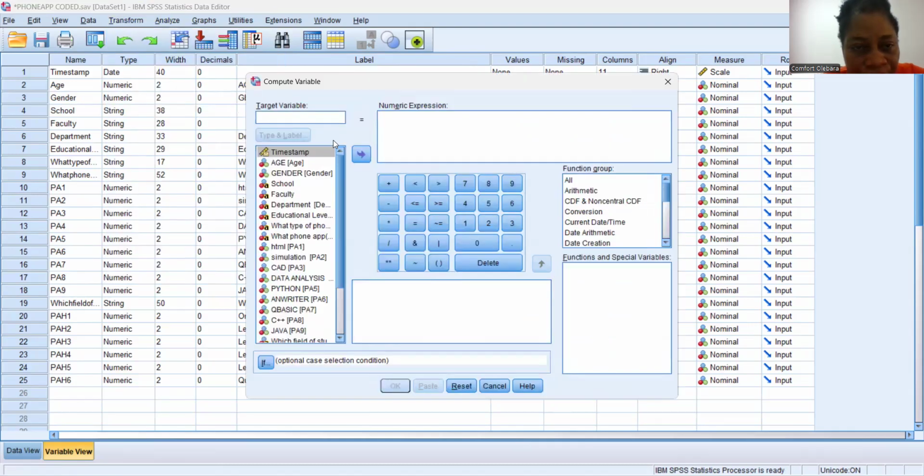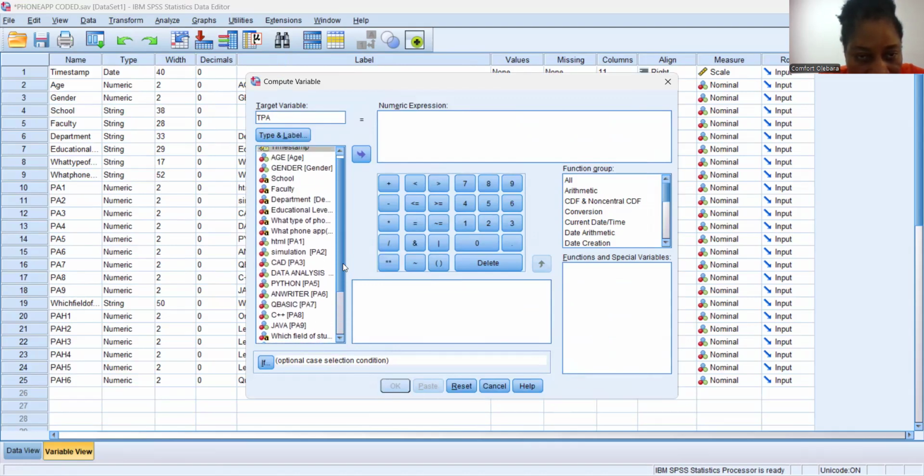Go to transform, compute variable. We call it TPA, total phone apps. So I'm going to call it total phone apps, a variable. And then what am I doing in this variable? In this variable, I'm going to add all the PAs. This is called PA1. I'll add it here, put plus PA2, add PA2 here, put plus PA3, add PA3 here, put plus PA4, add PA4 here, put plus PA5, add PA5 here, put plus PA6, add PA6 here, put plus